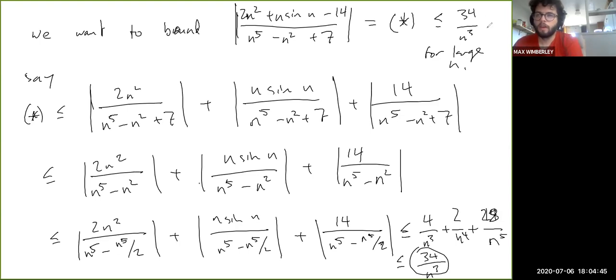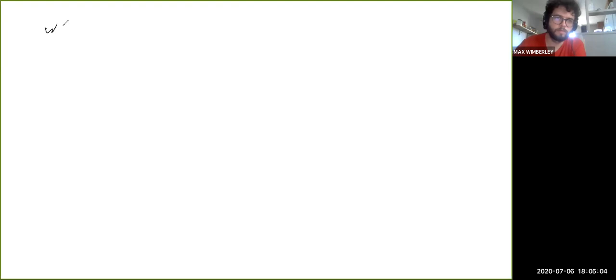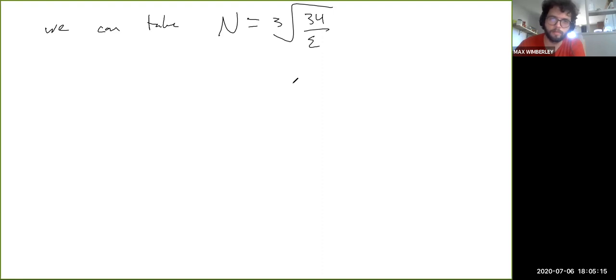Okay. So then you can use this as a way to calculate your value of capital N, right? Just set that equal to epsilon and then solve for little n, and you'll get the cube root of 34 over epsilon or something like that. So we can take n equals the cube root of, I believe, 34 over epsilon. And then the preceding logic shows that